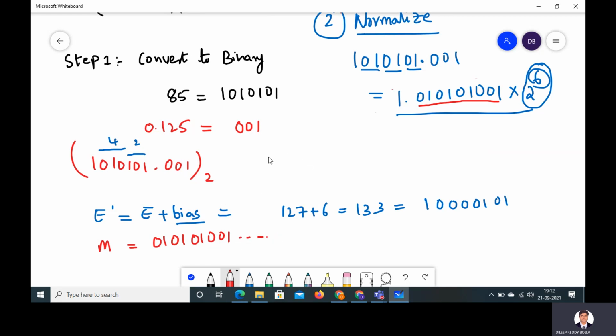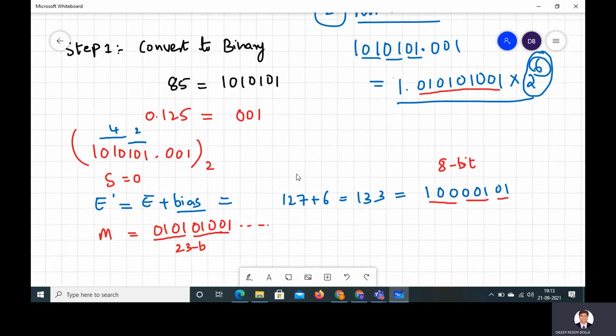As we discussed earlier, the sign bit S equals 0, and the exponent is how many bits? It is 8 bits. If you see here, 1, 2, 3, 4, 5, 6, 7, 8, we got 8 bits here. This is an 8-bit number. And what about this mantissa? This mantissa part is 23 bits. But we have here 1, 2, 3, 4, 5, 6, 7, 8, 9 bits. So 9 bits are done, and the remaining bits are all zeros.